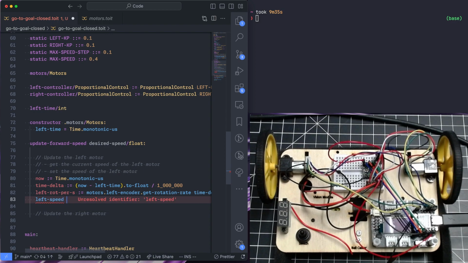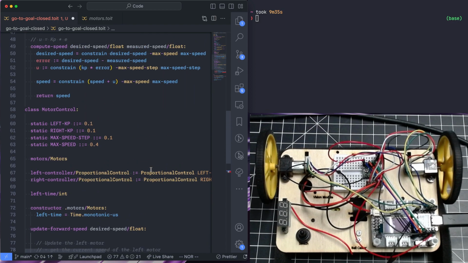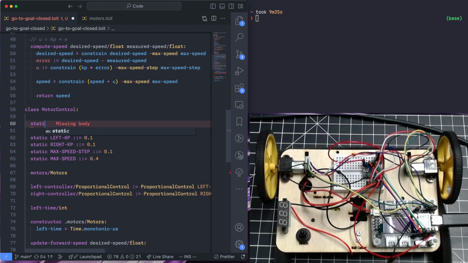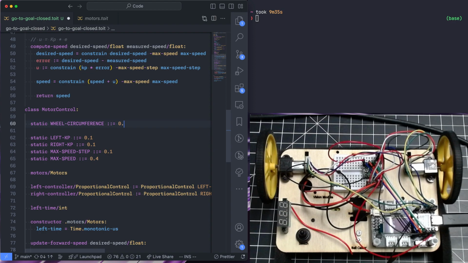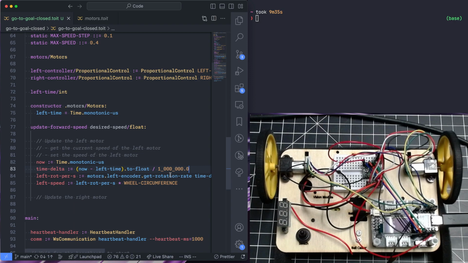To convert that into motor speed, we would need to know the rotations per second and the wheel circumference. And hopefully that's a constant for you. So we'll add it here as another constant. And for my robot, it's 7 centimeters. Now that we have left speed,